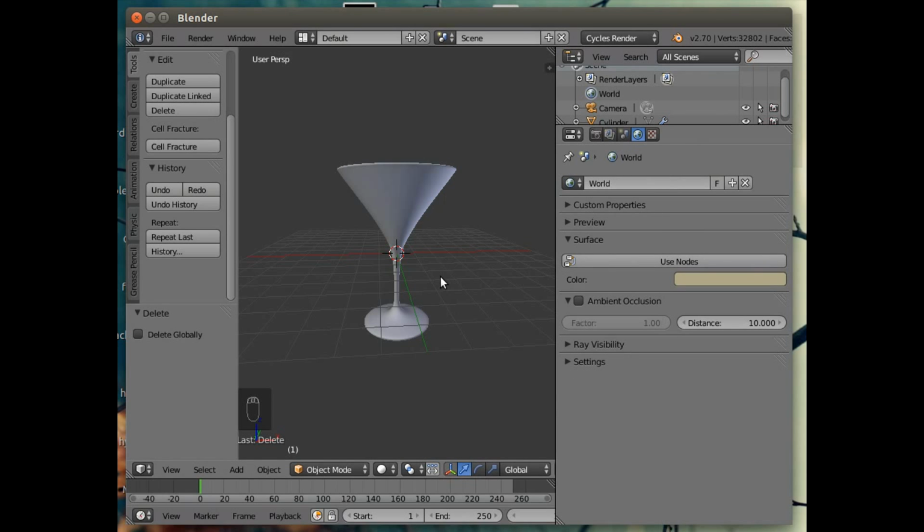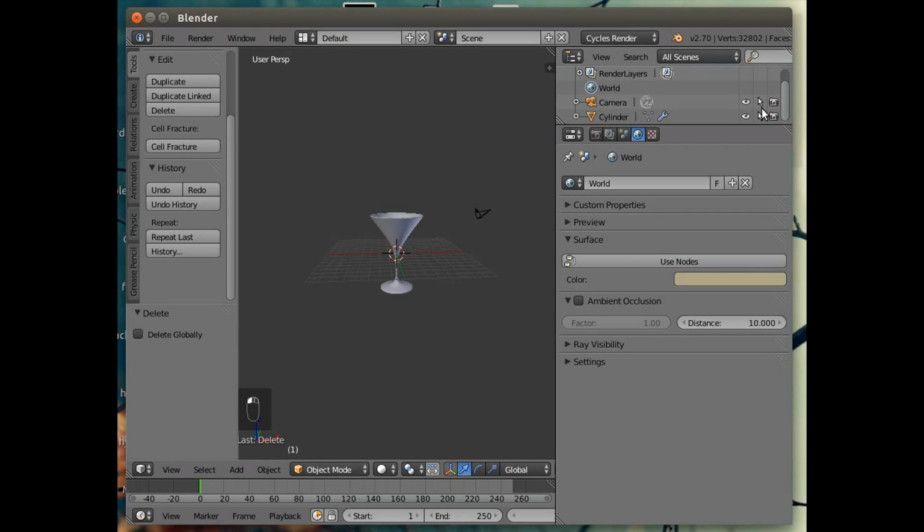And I'm going to add in a new lamp, and the lamp is going to be basically a plane that I'm going to turn into an emitter. But I'm not going to do that quite yet, because I want to set up